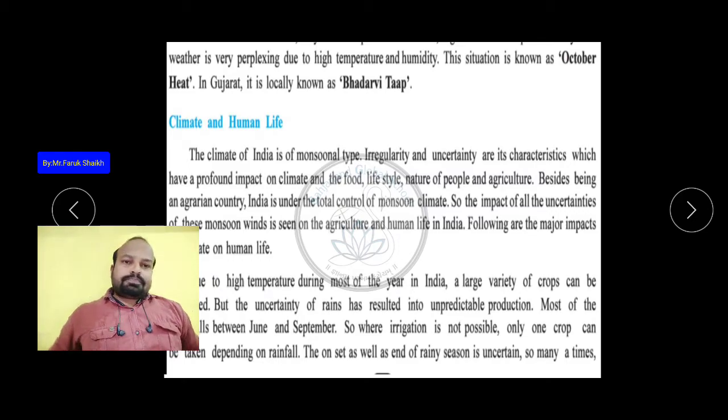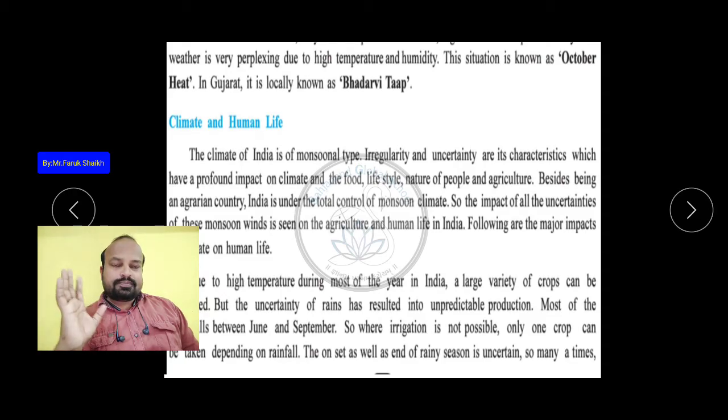Okay, now from the 6th, 7th and 8th standard, we have learned about the climate and human life. So we all know that climate directly affects human life. We change our routine according to the climate. Yes or no? Like in the winter, we also change our diet. We also change our clothing too. In the winter we prefer to wear woolen clothes, sweaters, jackets. During the night we cover with blankets. In the summer we prefer to wear cotton clothes, loose clothes, white clothes also.